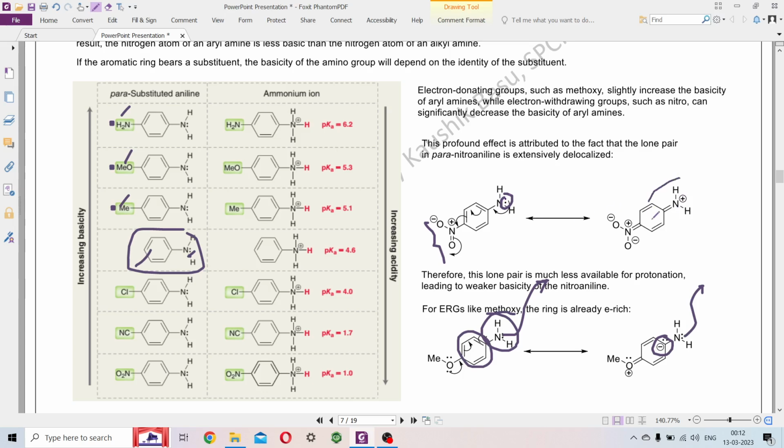And therefore this thing is not available, this nitrogen lone pair is no longer here, as you can see in the resonance canonical that there is no nitrogen lone pair here. So this cannot act as a base effectively, and if you look at the pK values, then you can see,